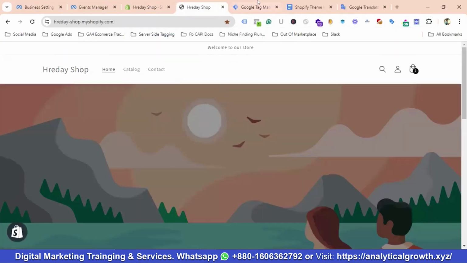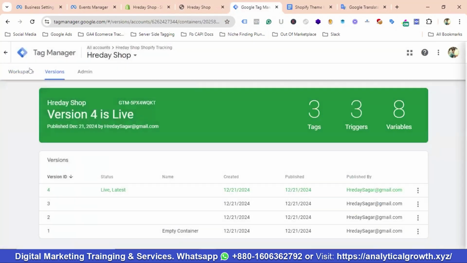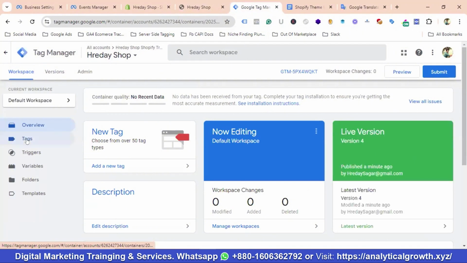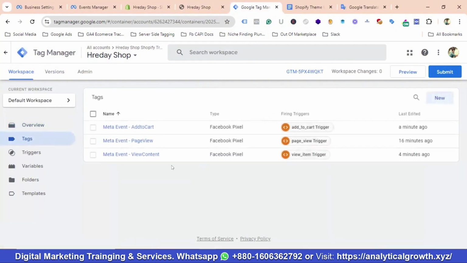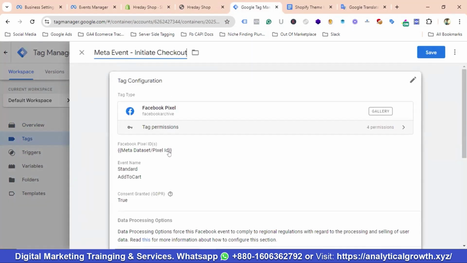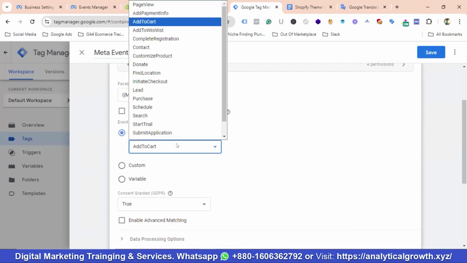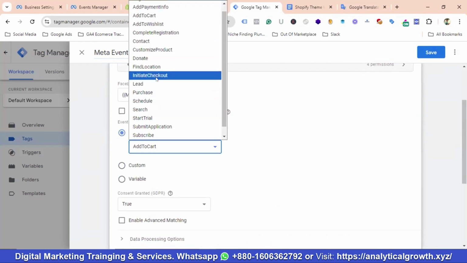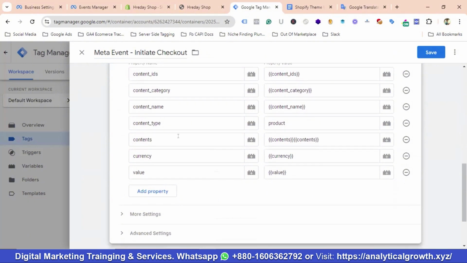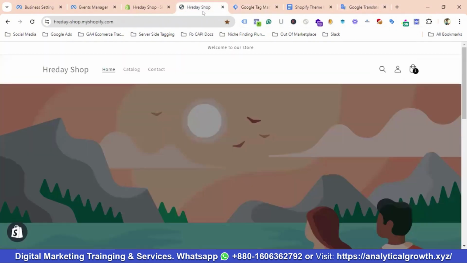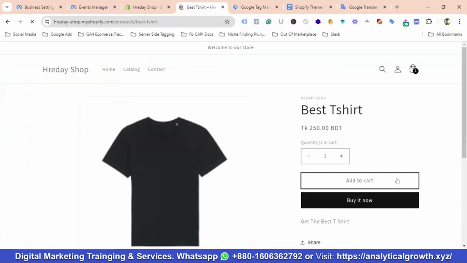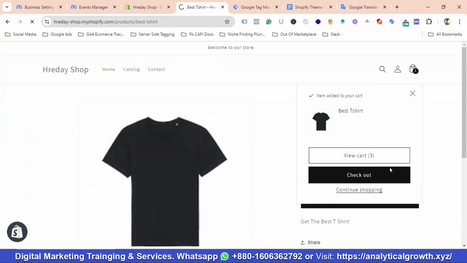So let's create the next event, which is initiate checkout event. Okay, so I'm gonna copy this tag, then as the event name I'll be using initiate checkout, and the object property section, if I go to the website, let's see whether we need to add any parameters or not. So I'll click on add to cart. I'll go to the checkout page,